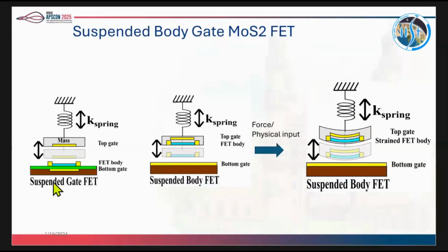So this is the suspended gate, but then the MoS2, even though it is very flexible, we are making it sit on the substrate. What if we take it to a suspended structure? That is actually the suspended body FET. The body is suspended. We get all the advantages of suspension. Usually in MoS2 characterization, those who have worked on transistors know that the interface quality is degraded if you are on the substrate. They suspend it. So we suspend that structure with the MEMS device,